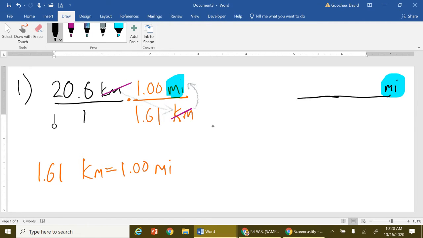So we multiply across the top to get the top value. 20.6 times 1 is 20.6. And 1 times 1.61 on the bottom is 1.61 on the bottom. Here we go. We have to do a little bit of division to solve this problem. 20.6 divided by 1.61 equals